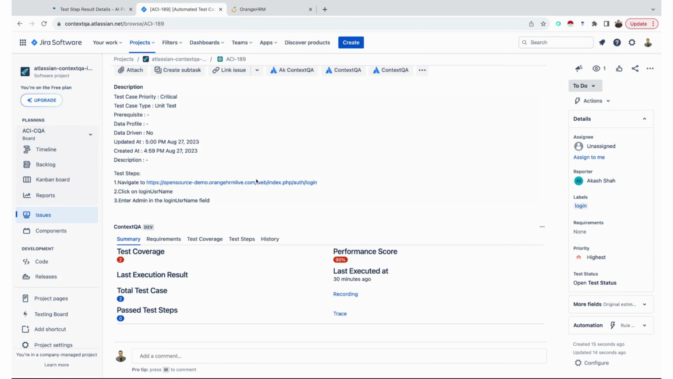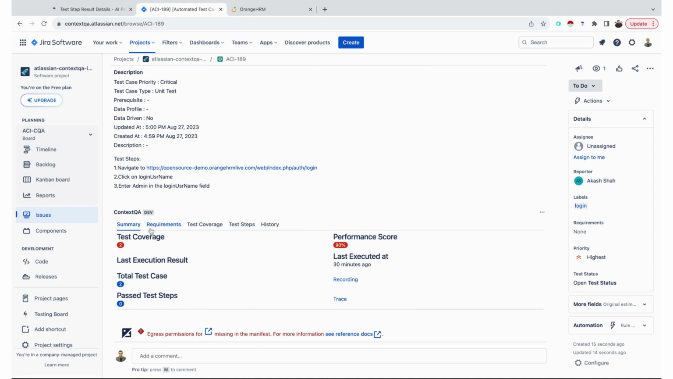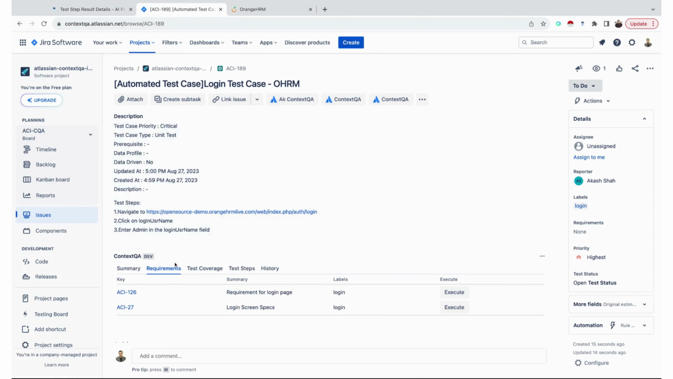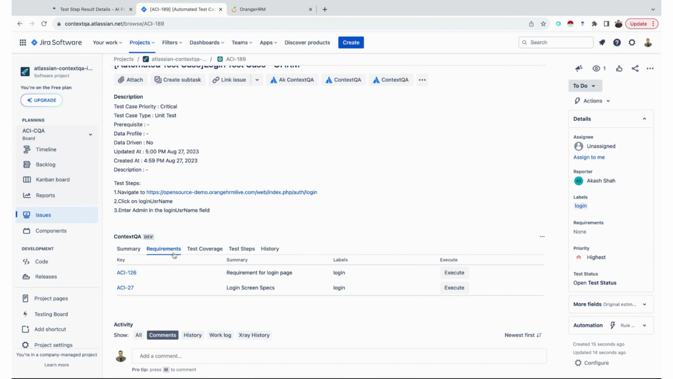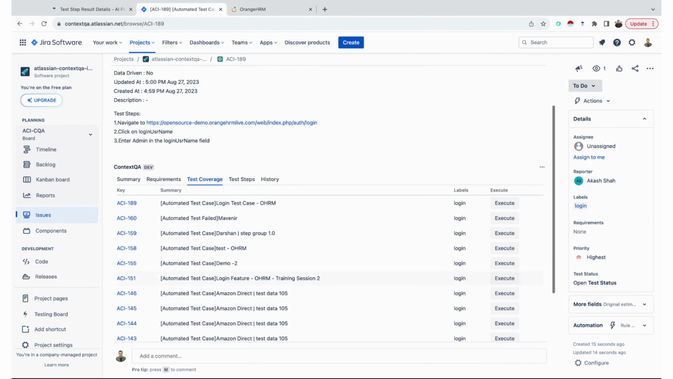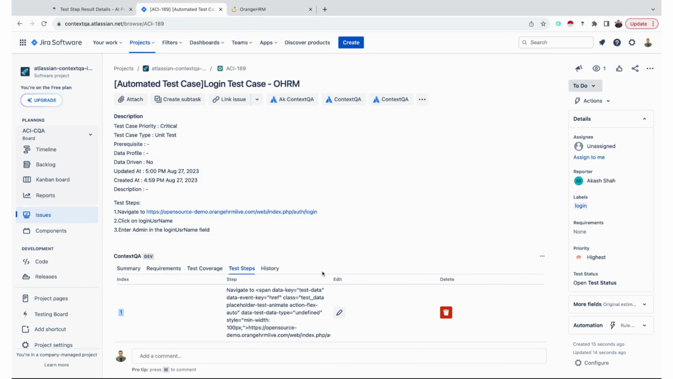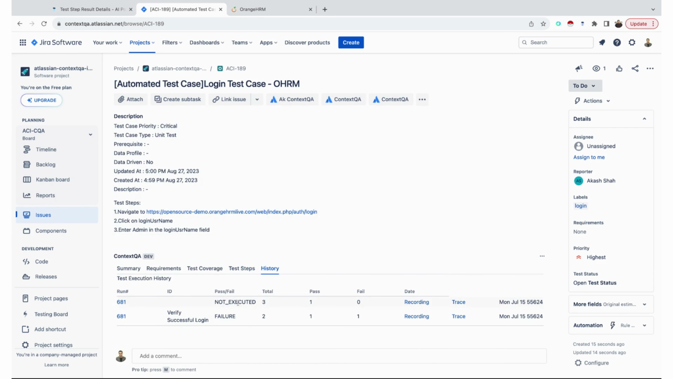So here you can see the ContextQA section showing up over here, and it is also showing you what the test coverage looks like based on the labels. You can link this particular use case with particular requirements, and it will provide you the full details of the other test cases you have created so far. It will show all the 3 steps that you just created over here, and it will provide any execution history. So now you have not only added the particular test case into ContextQA, but you have provided the full visibility